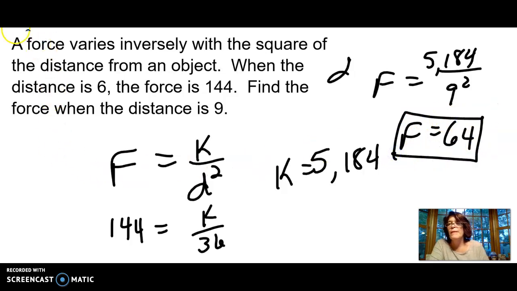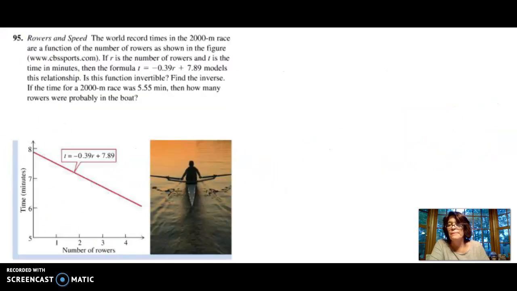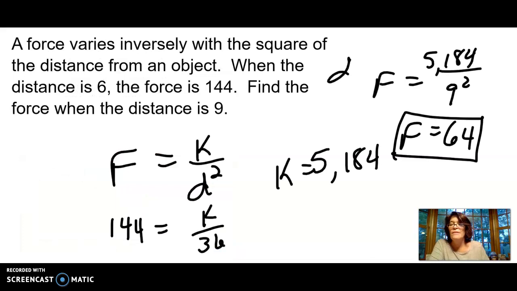Okay. That should be it. Yes, that was it for inverse variation and then direct